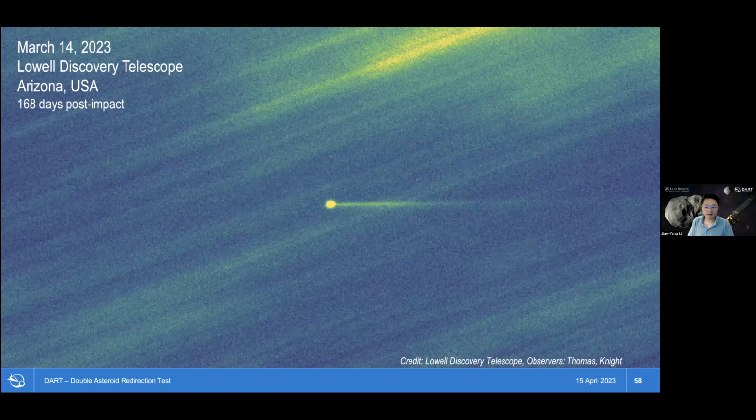Then this is the last image I want to show you. This was taken only a month ago from the Lowell 4-meter telescope. And for this particular stack, you can guess what the total exposure time is. I think it's 5 hours of exposure time on the target. Only then can you see a very faint tail. And all the background, those are background stars or galaxies, whatever is in the sky, that are smeared.